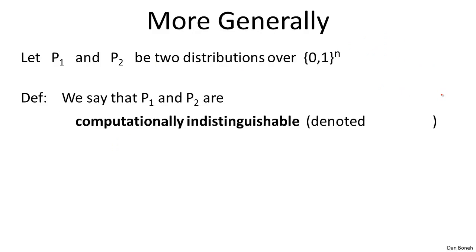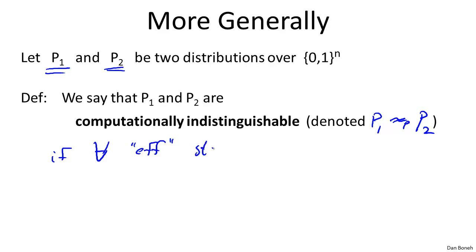Now, before we end this segment, I want to generalize a little bit what we did and introduce a little bit of important notation that's going to be useful throughout. We're going to generalize the concept of indistinguishability from uniform to indistinguishability of two general distributions. Suppose I give you P1 and P2, and we ask, can these two distributions be distinguished? We'll say that the distributions are computationally indistinguishable, and we'll denote this by P1 ≈_p P2. This means that in polynomial time, P1 cannot be distinguished from P2, and we'll say that they're indistinguishable just as before, if for all efficient statistical tests